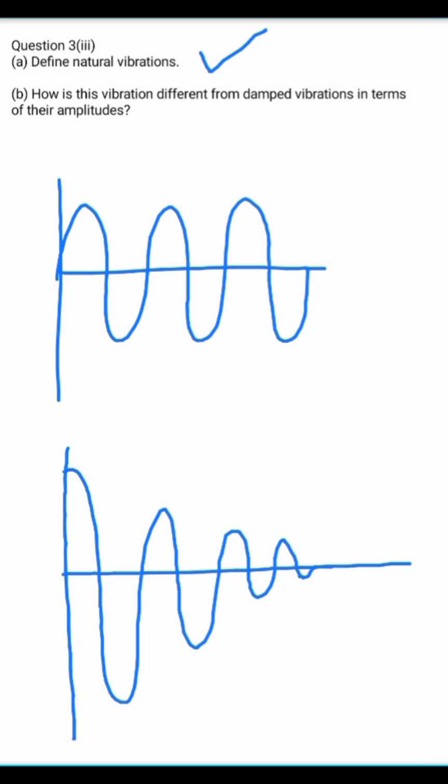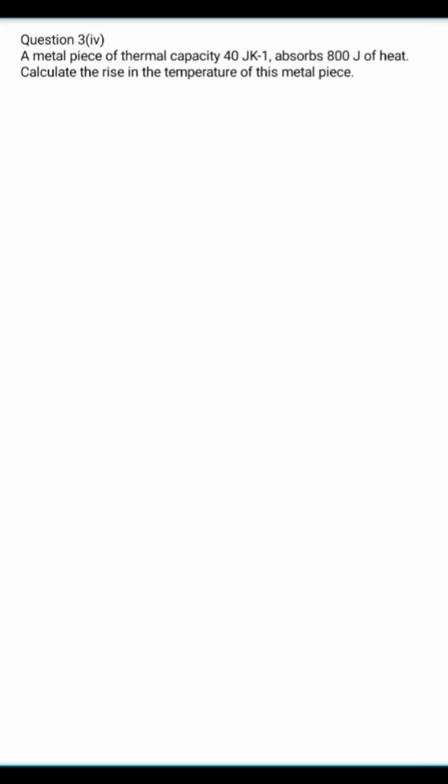A very easy question. Next one: a metal piece of thermal capacity 40 joule per Kelvin absorbs 800 joule of heat. Calculate the rise in temperature of this metal piece. So again, this is a very easy question. We know the formula. The thermal capacity is also called the heat capacity. Heat capacity is equal to